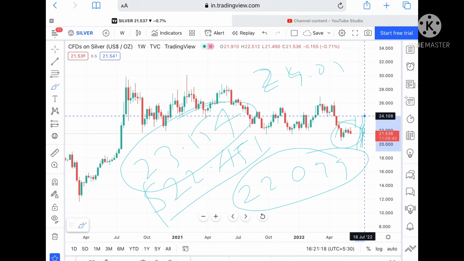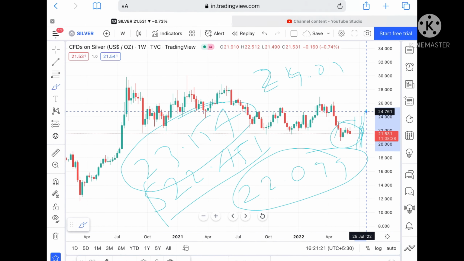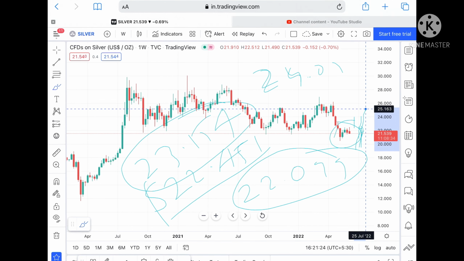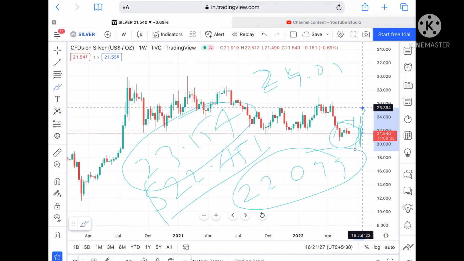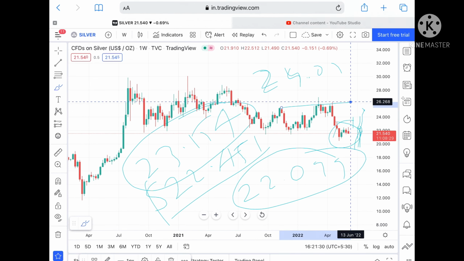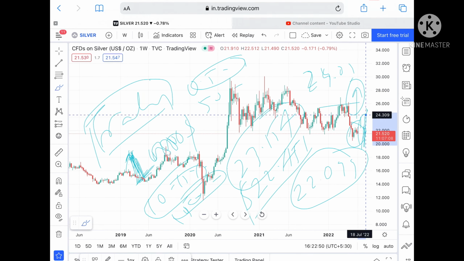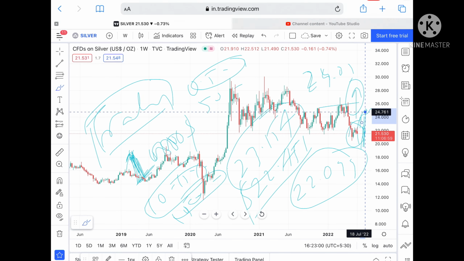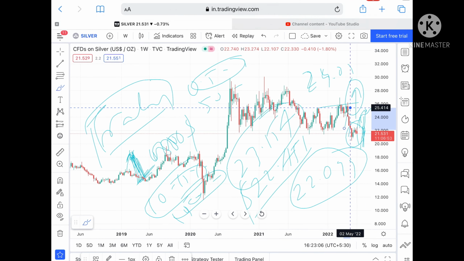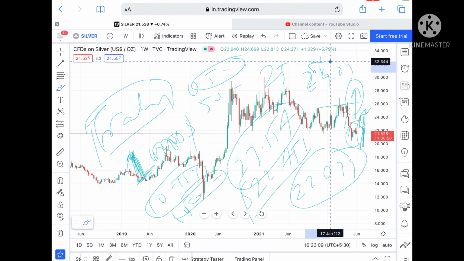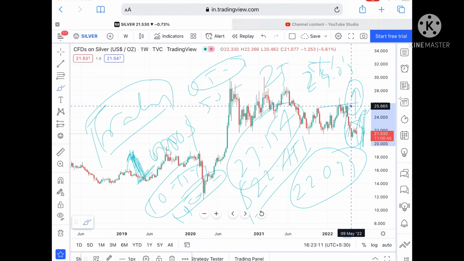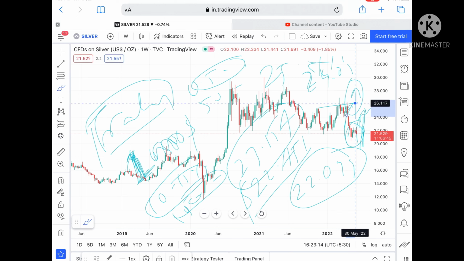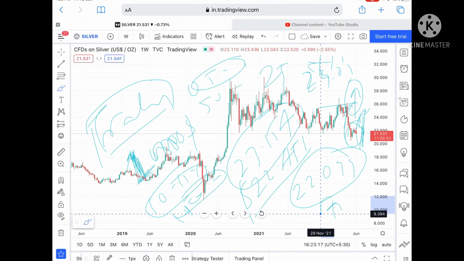Suppose the price goes above a level of 24, we can see it can go further upside towards a level of 24.761, and from there further high to a level of 25.364. Once it goes above this level, we can see it go further higher. Suppose the price goes above a level of 24, it can go further upside towards a level of 24.361, and from there towards a level of 27.671. If it sustains this level, then we can see it can go further upside towards a level of 25.414, and from there towards a level of 26.217, and then it can move further upside.